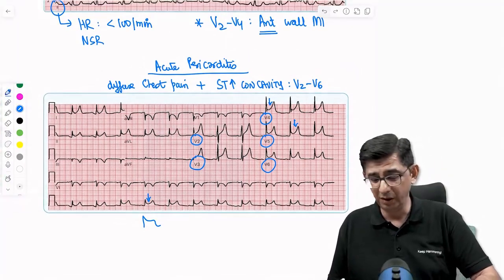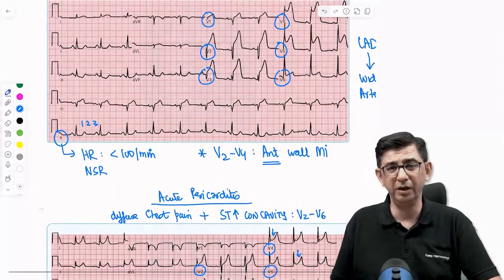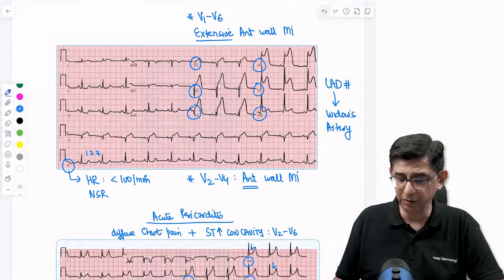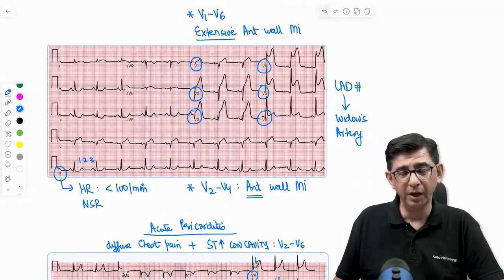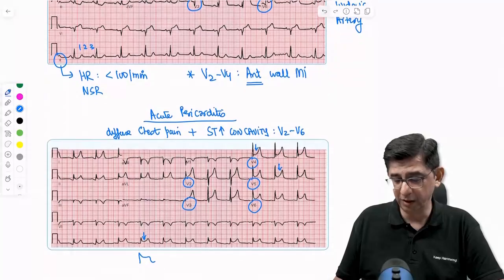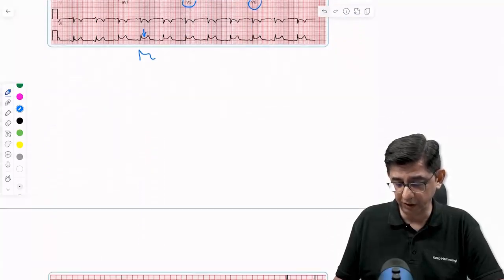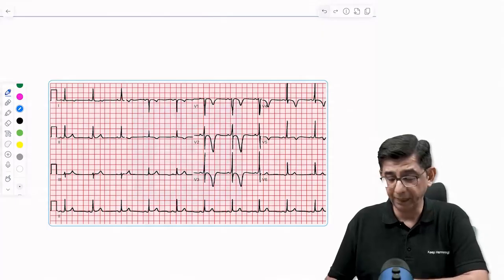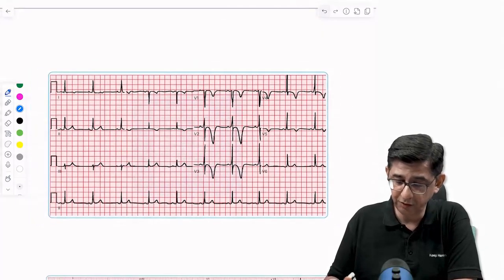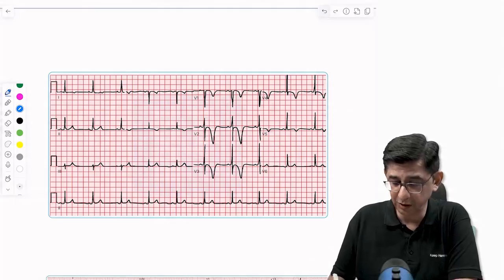This was a difficult one in the FMG exam. The previous one, I think in NEET PG, was a pretty decent question on myocardial infarction, that is extensive anterior wall MI, but this one I expect students to have a bit of difficulty with, but anyway they've asked it, so it will do. Next is again a NEET PG question where my student said, "Sir, it was normal sinus rhythm,"